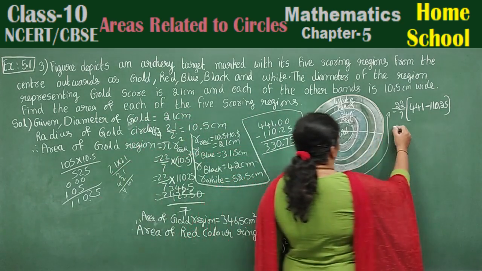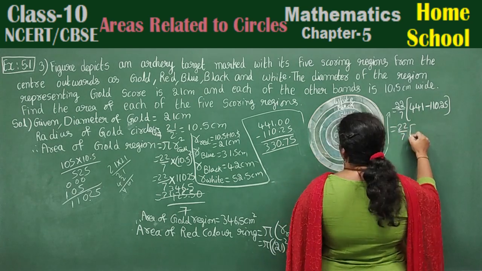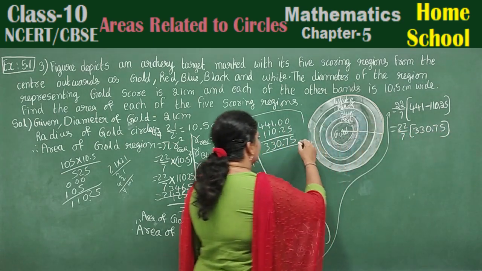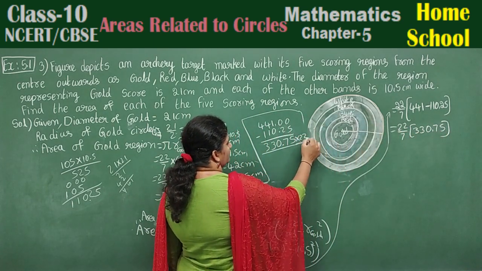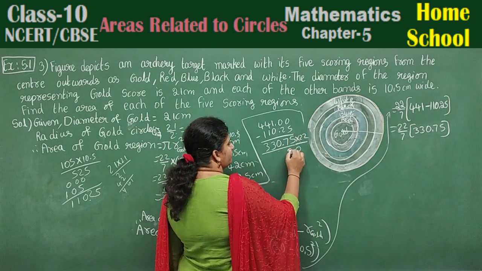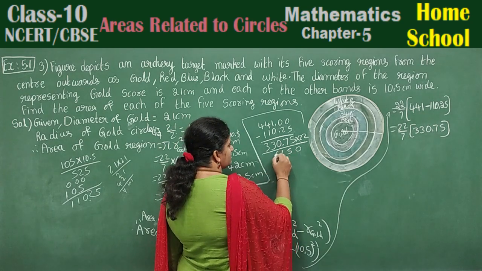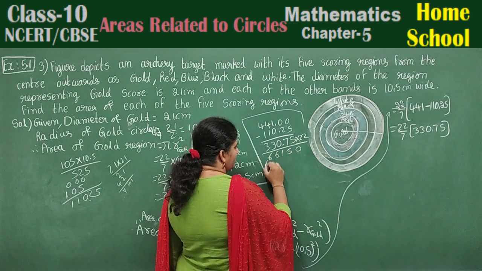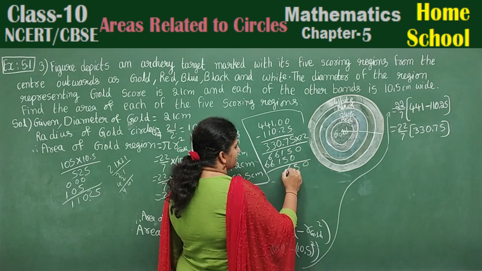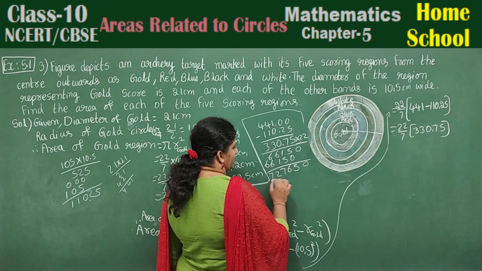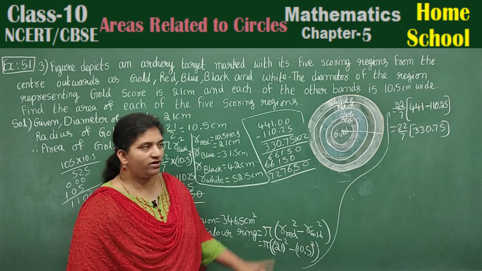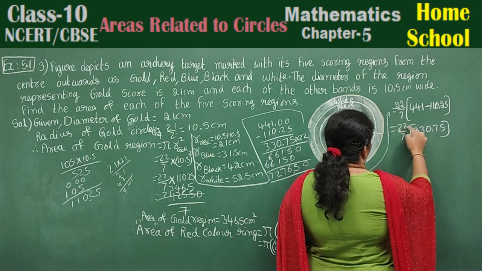330.75. Write it here. 22 by 7 into 330.75. Next step, multiply with 22. With 2 multiply for this, children. 2 5s are 10, 2 7s are 14, 15, 2 3s are 6, 6. Again, 6, 6, 1, 5, 0. Add this. 5, 6, 7, 12, 7. And put a point after 2 digits. So 7276.50 you get if you multiply these two.